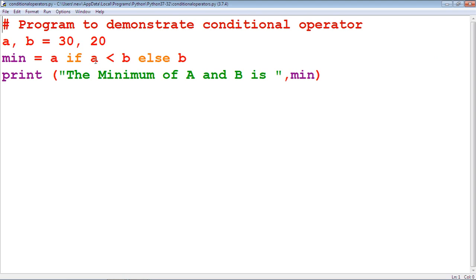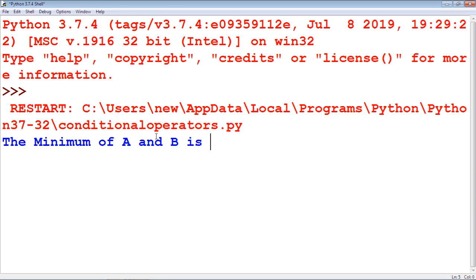So 30 less than 20 is false, so the B value is assigned to minimum, that is 20 is assigned to minimum. So the answer is the minimum of A and B is 20. Run this program by using run module. The minimum of A and B is 20.